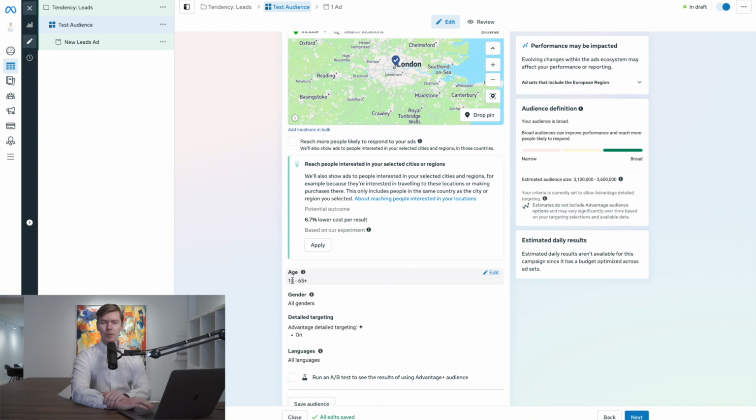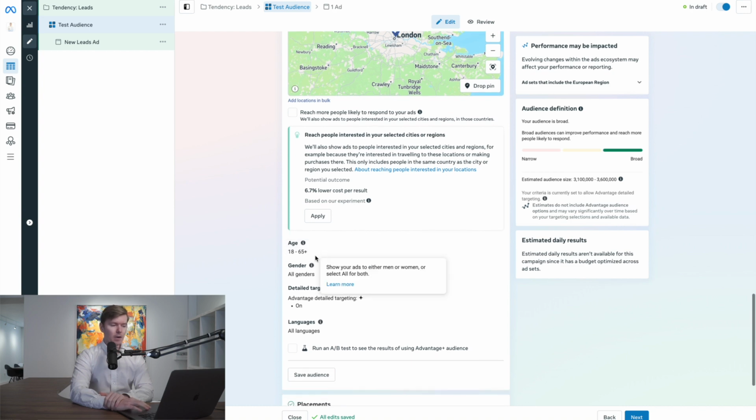Again, this is pretty self-explanatory, but of course, if there's a specific age range that are more likely to be clients, if you just see a trend, then you can narrow it down to that. I would recommend doing that. But if it's basically everyone, just keep it broad as I have right here.